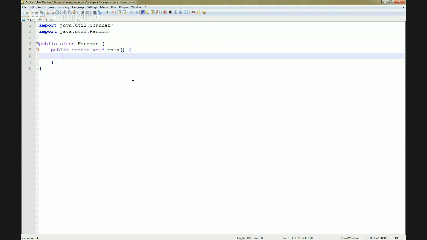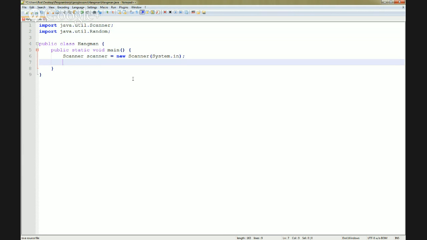So we will do something like this. Scanner is new Scanner. This is just so we can read the input from the player or the user, and this will serve as a Random object with the help of which we will generate random numbers, and we can get random words from that,